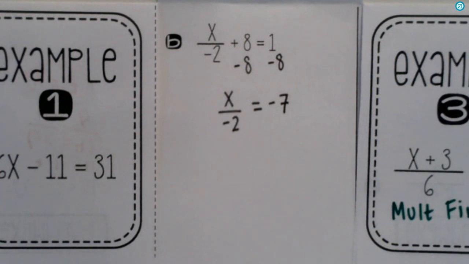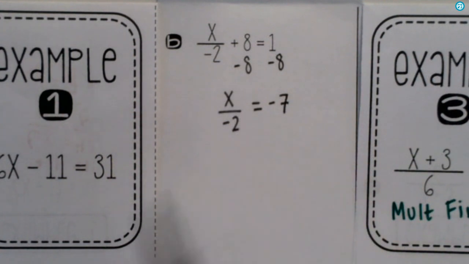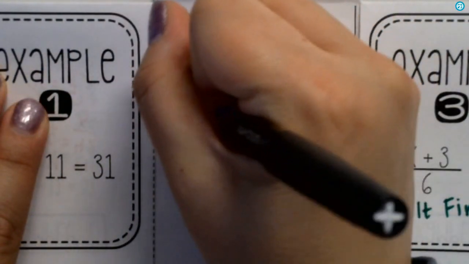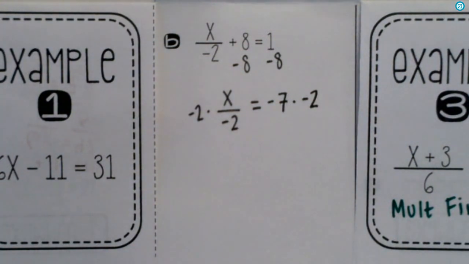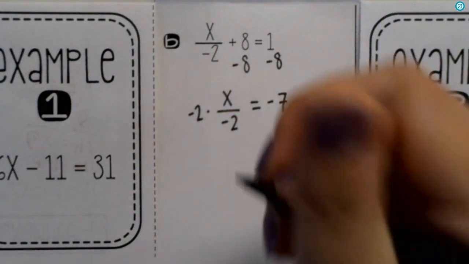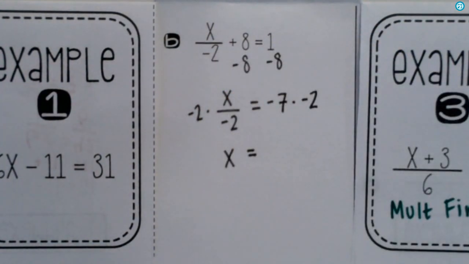So we're currently dividing by negative 2. We always want to do the opposite. So this means x divided by negative 2. Since we want to do the opposite, we are going to multiply both sides by negative 2. On the left side, those negative 2's cancel. So we've got x equals. And then on the right side,